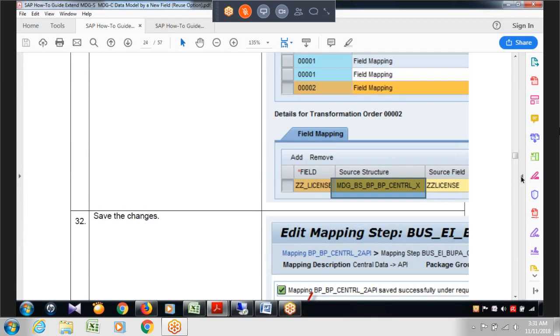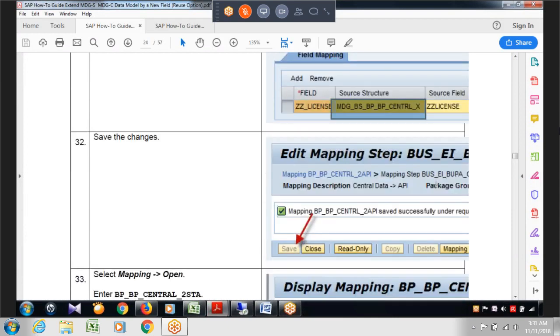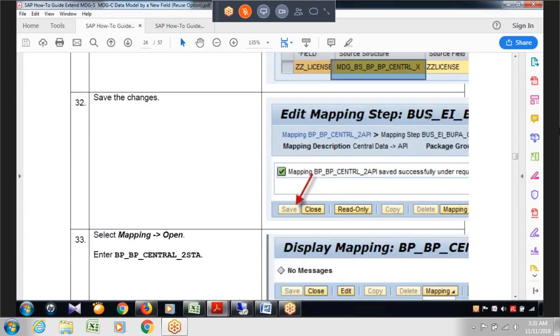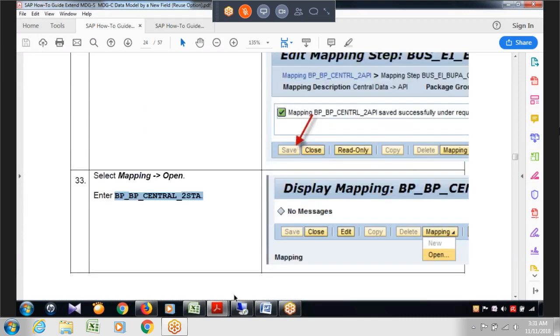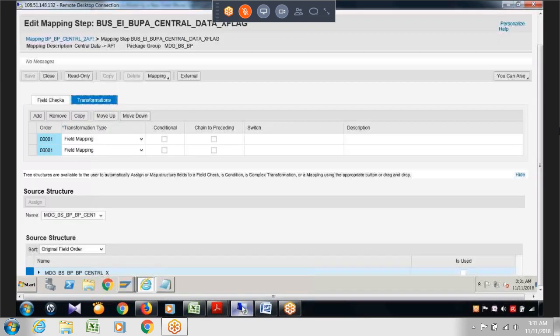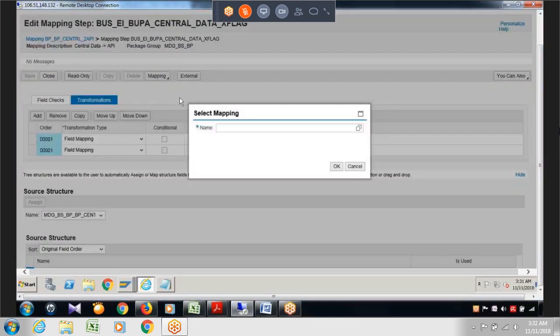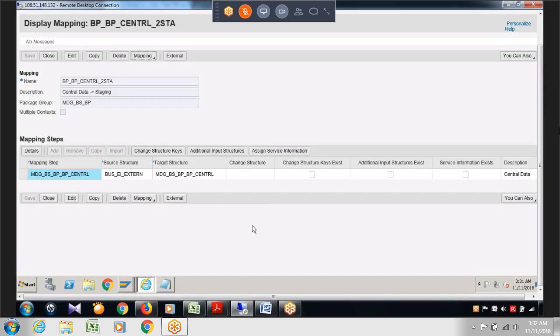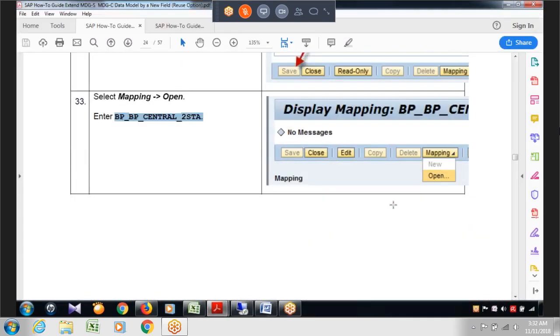Okay, and save it. Next, the second one. Second one. Enter. Now in the second one, you have